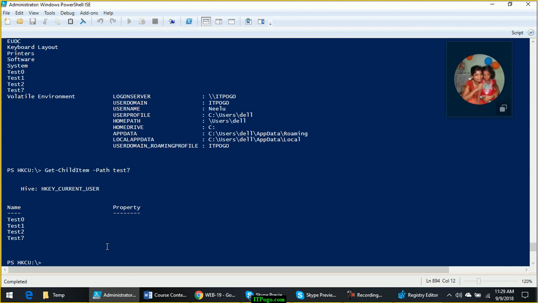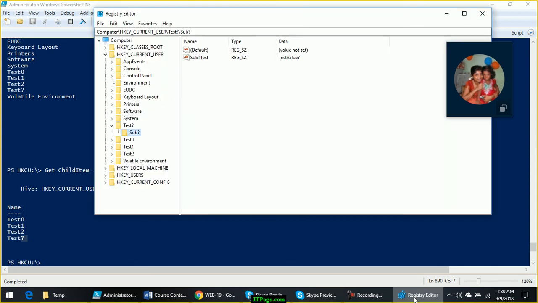what's going on? It is showing me all the registry keys where the key name begins with test and ends with anything else, because this question mark is considered as a wildcard character that includes 0, 1, 2 and the question mark itself, right?